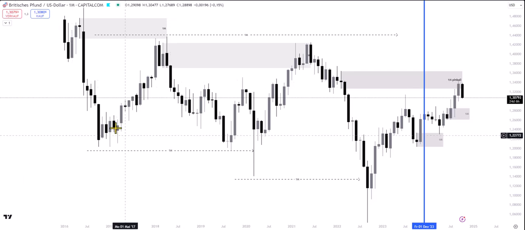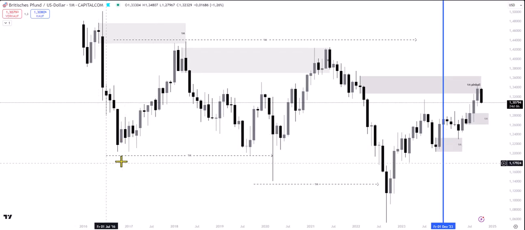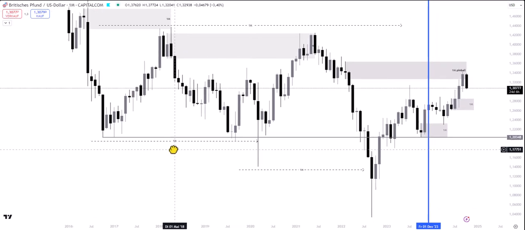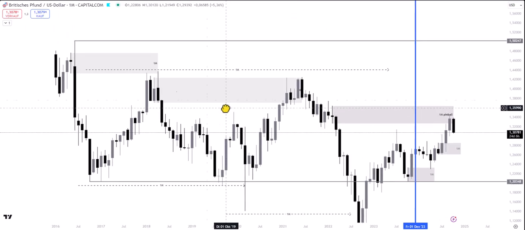Presently, on the monthly time frame, we can see that it's simple to understand. Look at this point here. This is the lowest point that was created within this monthly time frame. This is the lowest point, and this is the lowest point at a particular time, and this is the highest point at a particular time. From this chart, we can look at these two points,